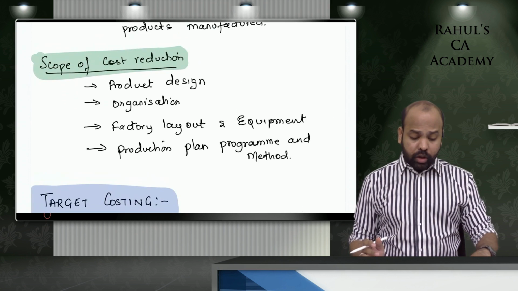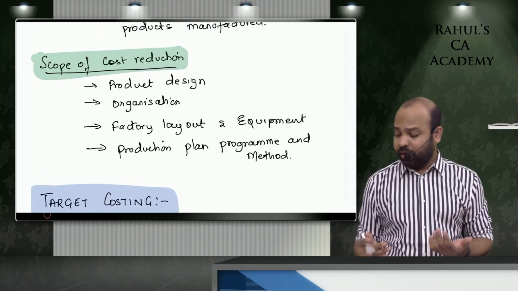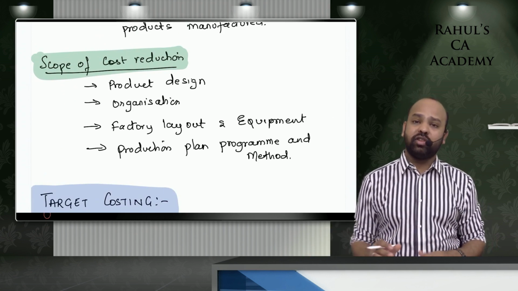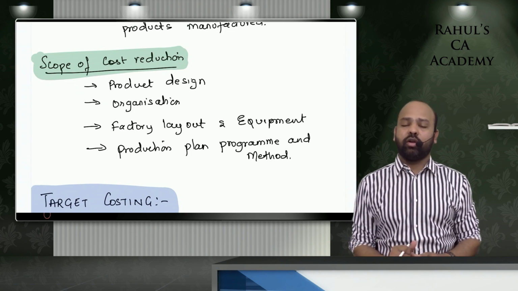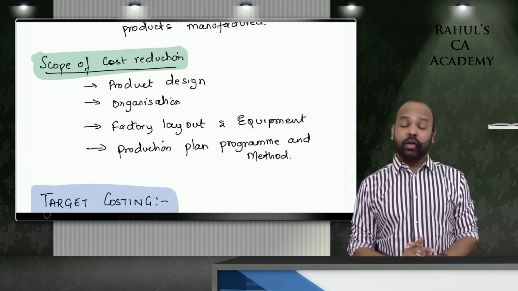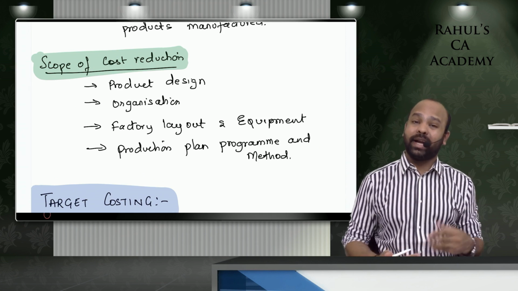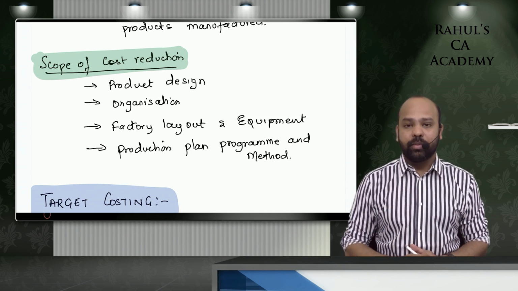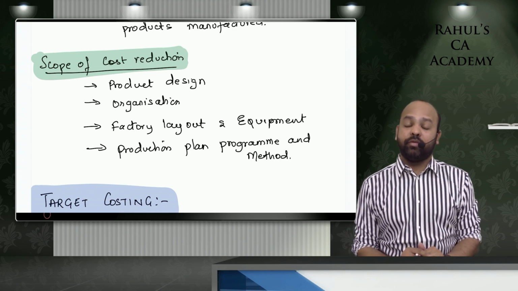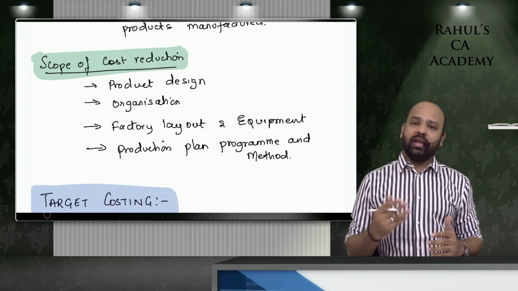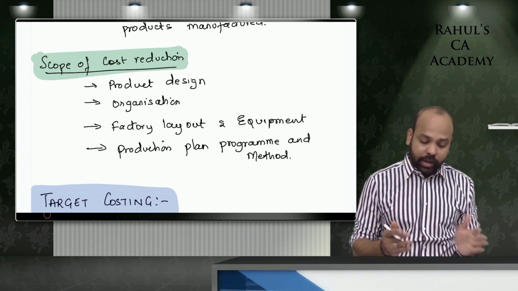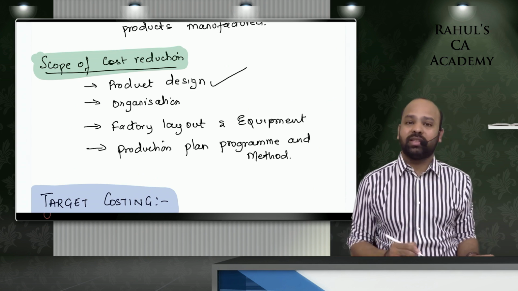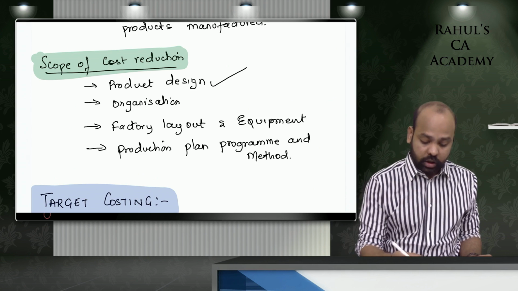Now, where will you see better avenues for cost reduction? The major scope of cost reduction guys is always at the design phase. You can go back to the design phase, look at the design of the product, see if it can be simplified, see if you can substitute parts, see if there are better ways of manufacturing the products, can you refine the product. That is going back to the design phase of the product as such guys, and trying to reduce the cost of the product.